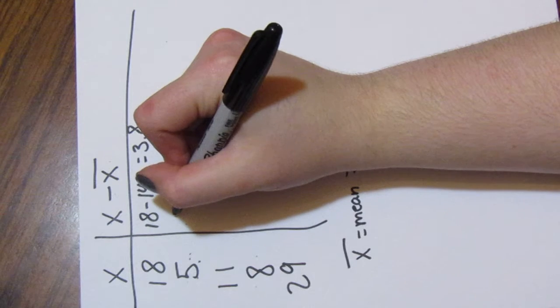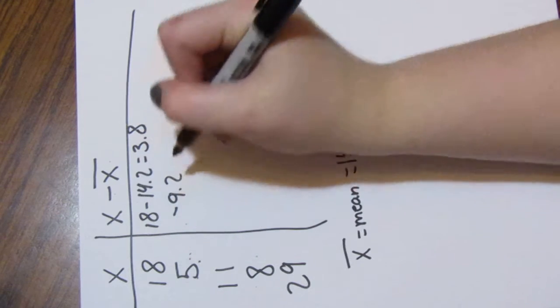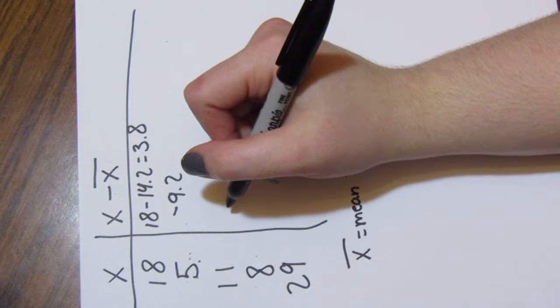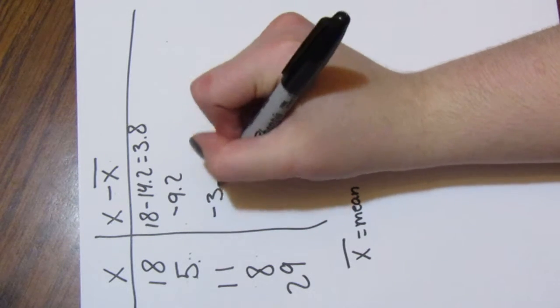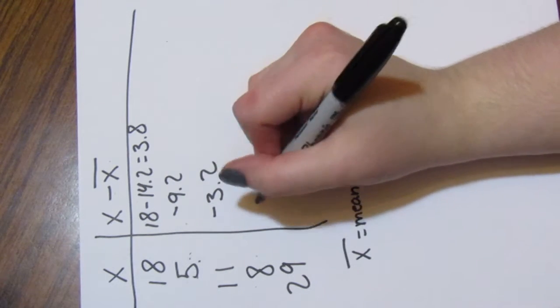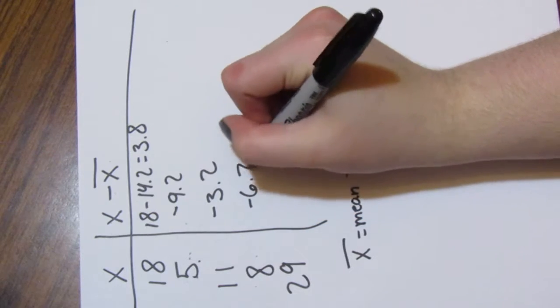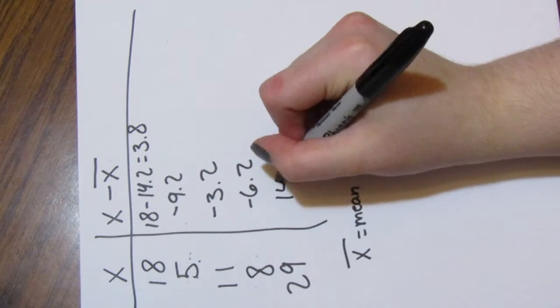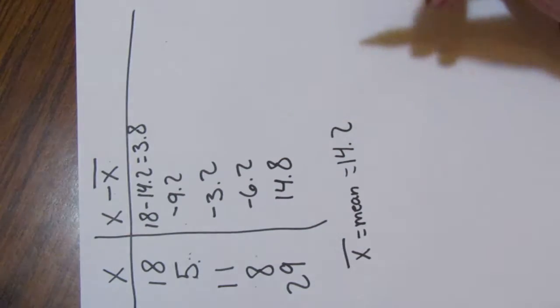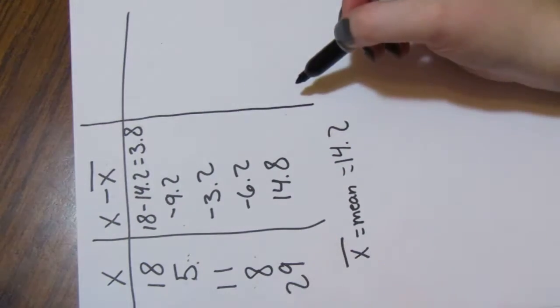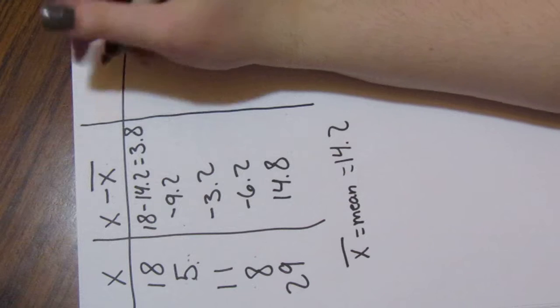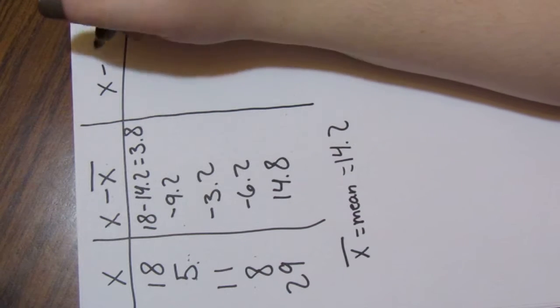That equals negative 9.2. 11 minus 14.2, negative 3.2, negative 6.2, positive 14.8. And the last column here is going to be x minus the mean